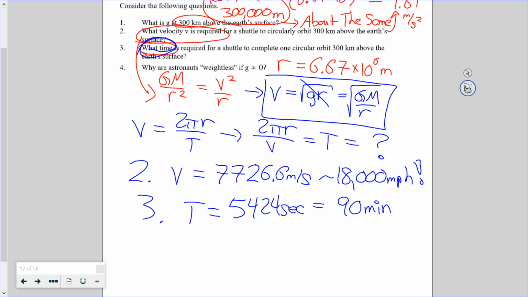Hopefully you can see from these examples that the closer you are to Earth, the smaller this radius, the faster you have to go to stay in orbit due to gravity. So you have to move out until you're at a 24-hour orbit. So why did you change the radius from